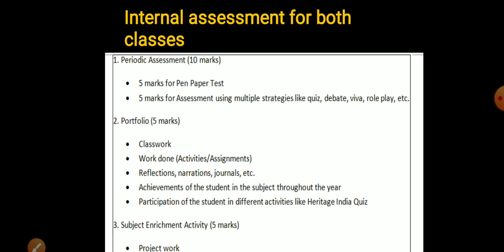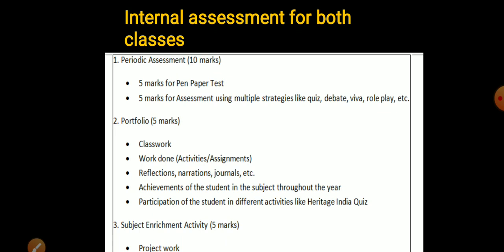So till now, my all 9th standard children, because 10th standard children are very well aware about what the portfolio file is, as they have submitted it last year. So I'm just concerned here with all 9th standard children. So don't panic regarding the portfolio, students.